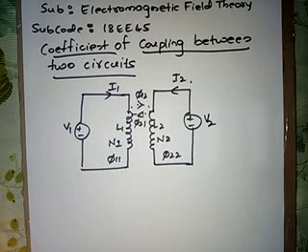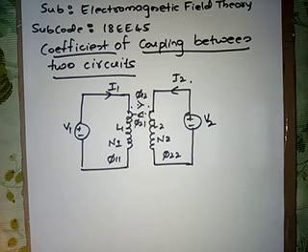If there are two magnetic circuits kept near each other, then they interact with each other magnetically through the flux linkage in the circuit due to the current in the other circuit. Such circuits are called magnetically coupled circuits. So what are magnetically coupled circuits? If there are two magnetic circuits kept near each other, then they interact magnetically through the flux linkage in the circuit due to the current in the other circuit. Then such circuits are called magnetically coupled circuits.